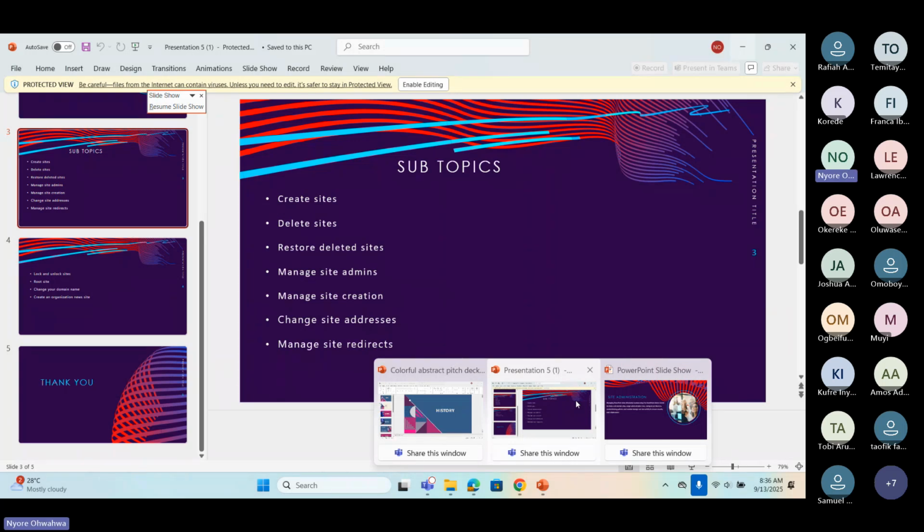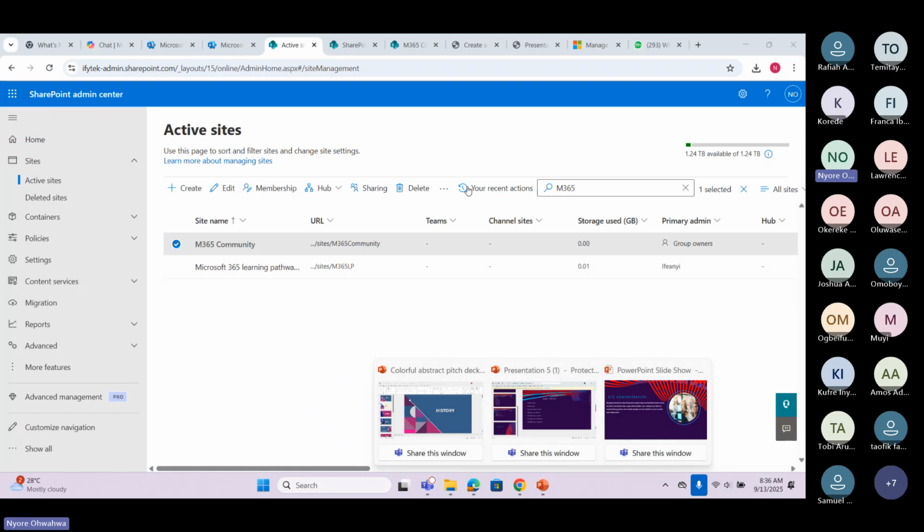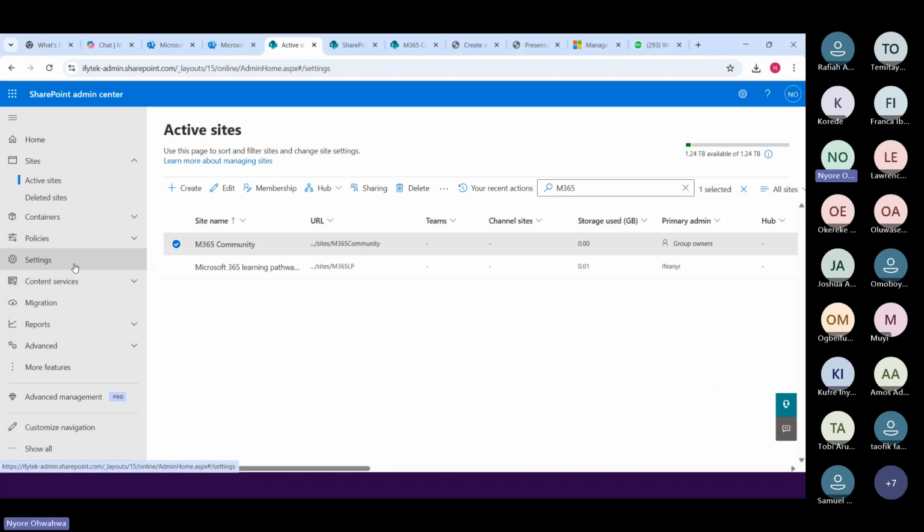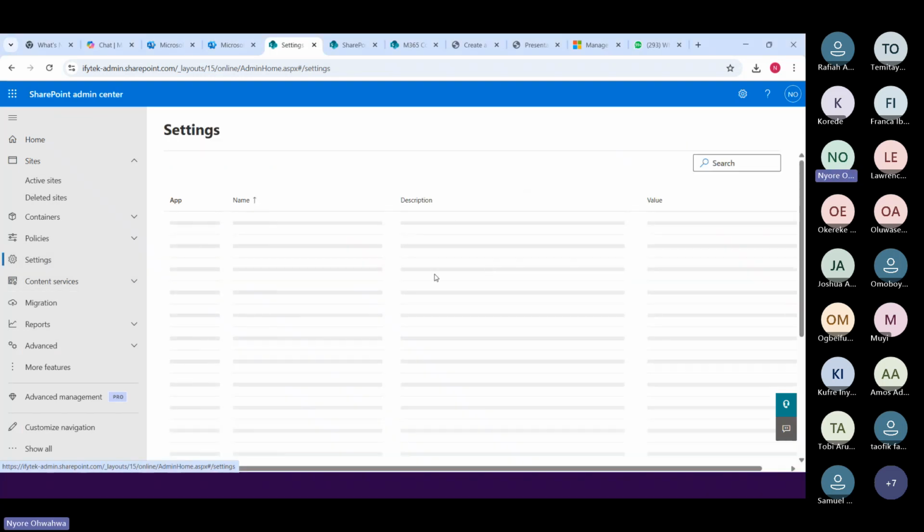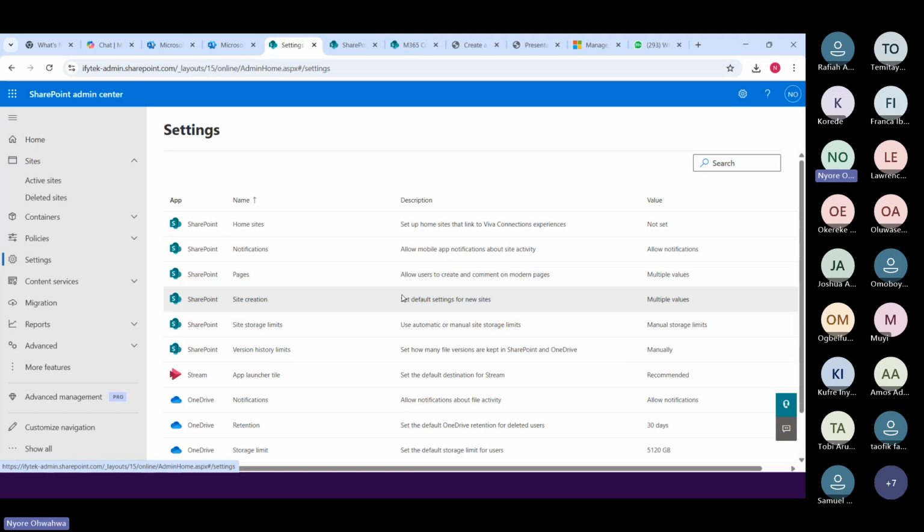Okay, so we just talked about managing site admins. So we're going to talk about managing site creation. Basically, managing site creation is seeing if you want to prevent users from being able to create sites.